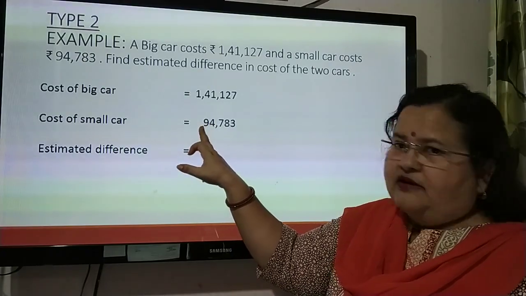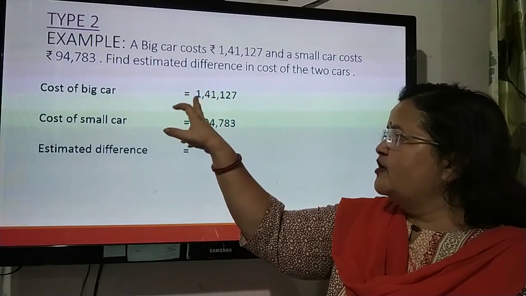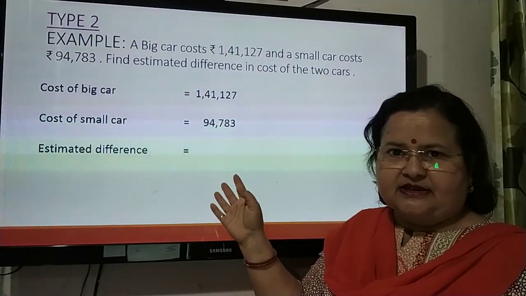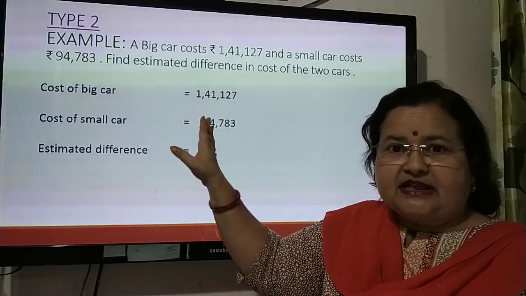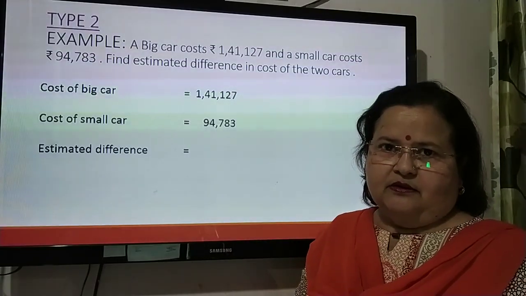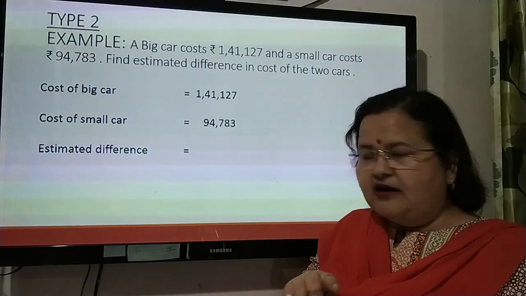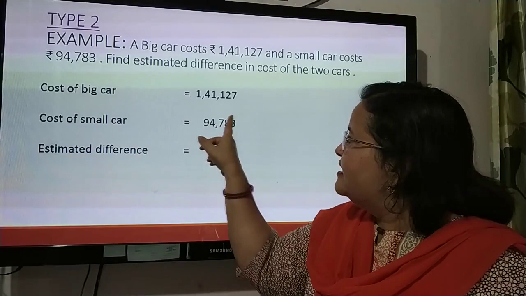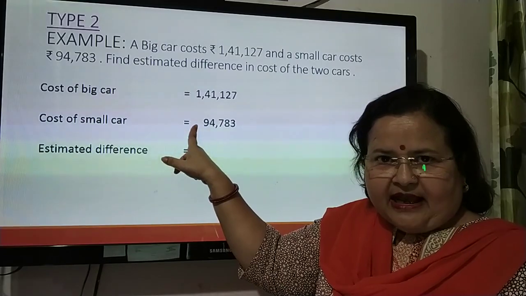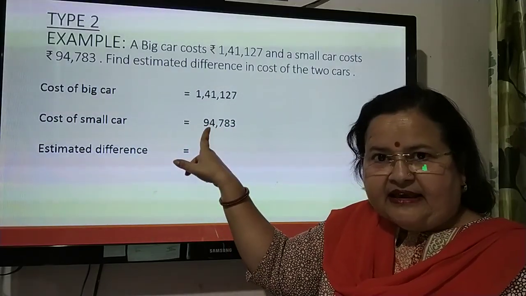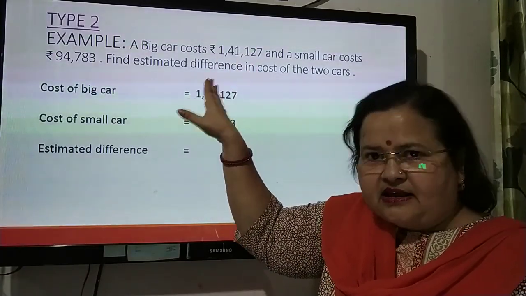So you are going to round off both the numbers at 10,000s place. You will not round off this one to one place and that one to some other place. Whenever we are finding an estimation, we have to round off both the numbers at the same place value. Why 10,000? Because this is the highest place that the smaller number has got. This number does not have any lakhs place, so we cannot round off to lakhs place. We'll round this off to its highest place, that is 10,000, and that is why we'll round off the above number also at 10,000s place.